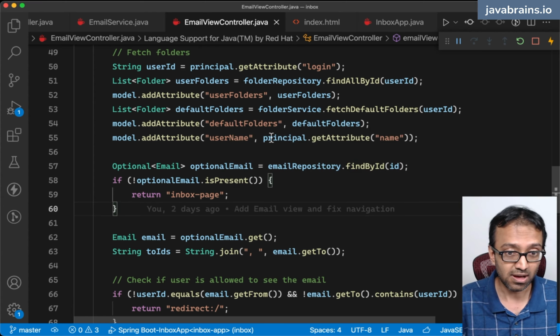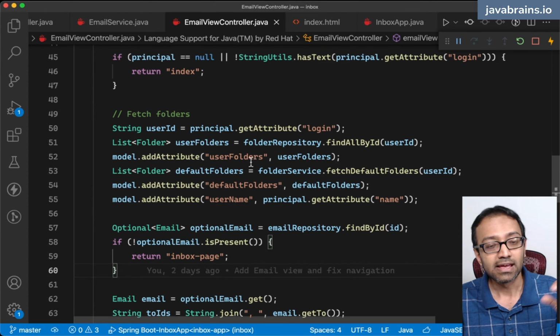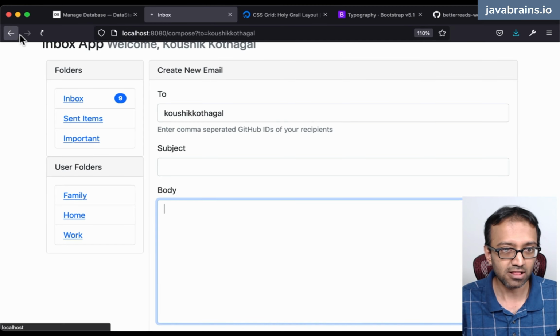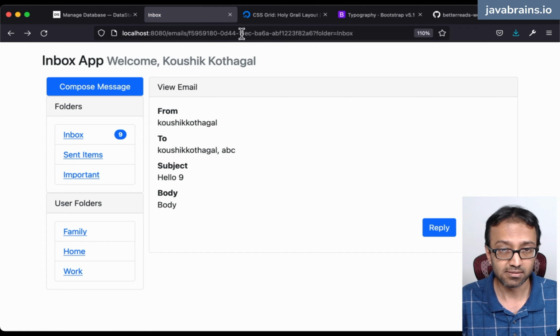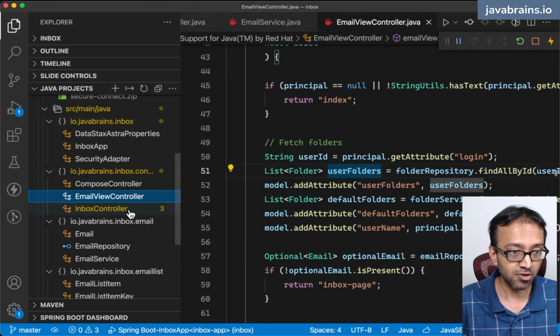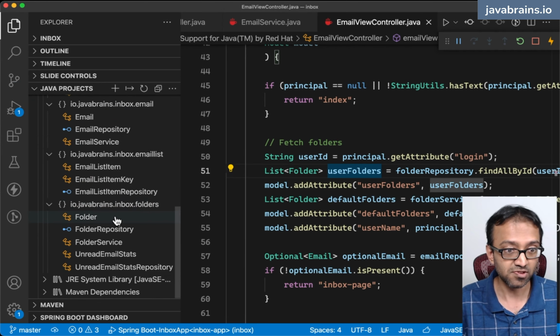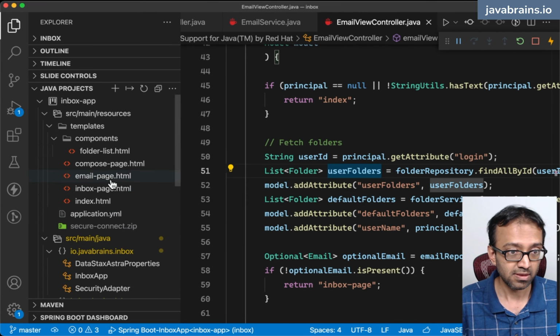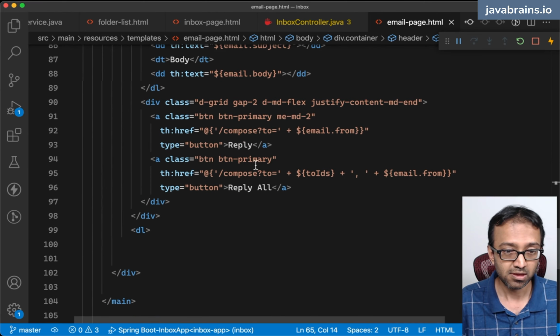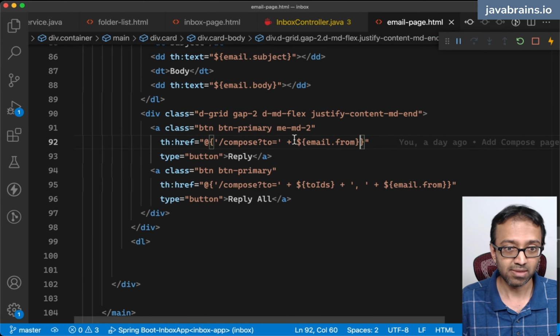Okay, so let me first start with getting the ID in the reply and the reply all button. When somebody clicks on reply all, it has to send the UUID for that message as a query param. Let me go to the email view page, where somebody is viewing an email. Now, when you click reply, you're doing this, right? Compose to email to equals email.from, and then I'm going to add one more